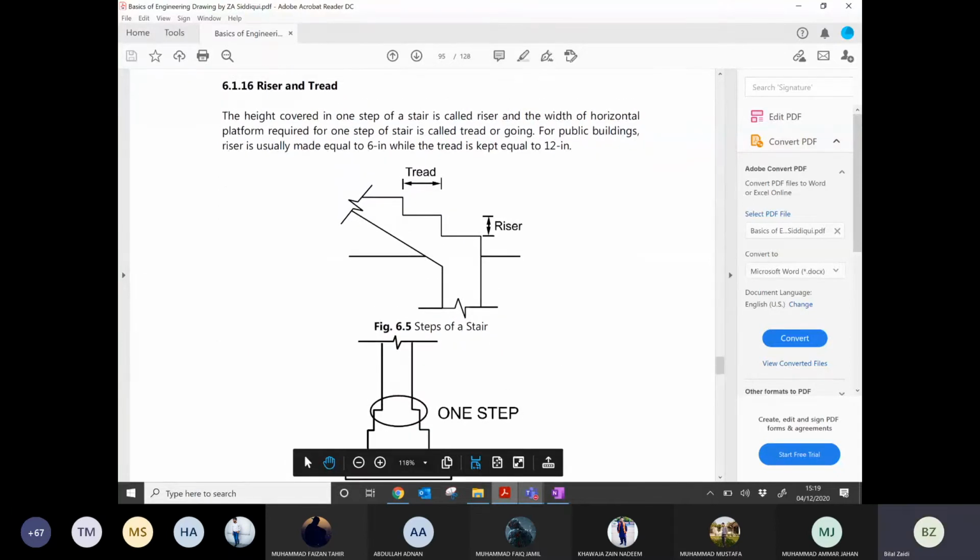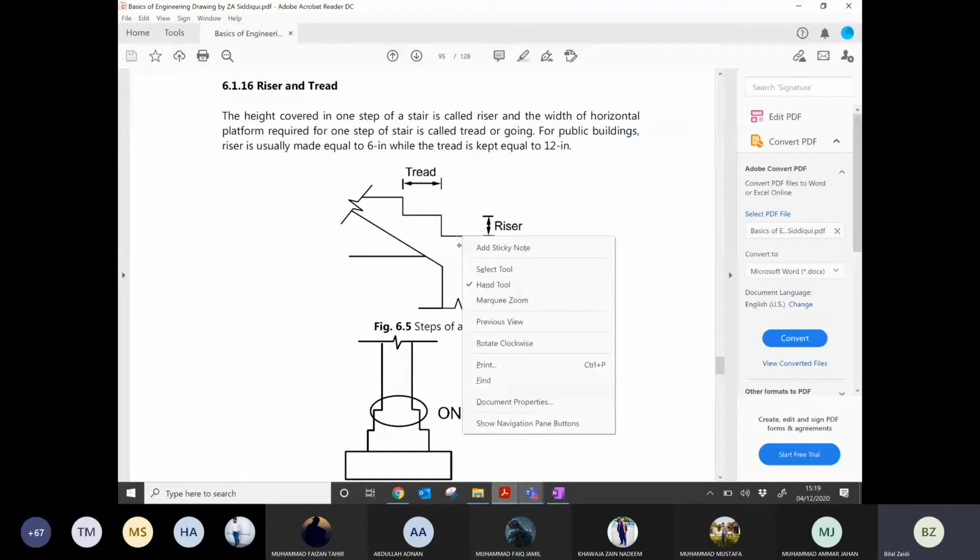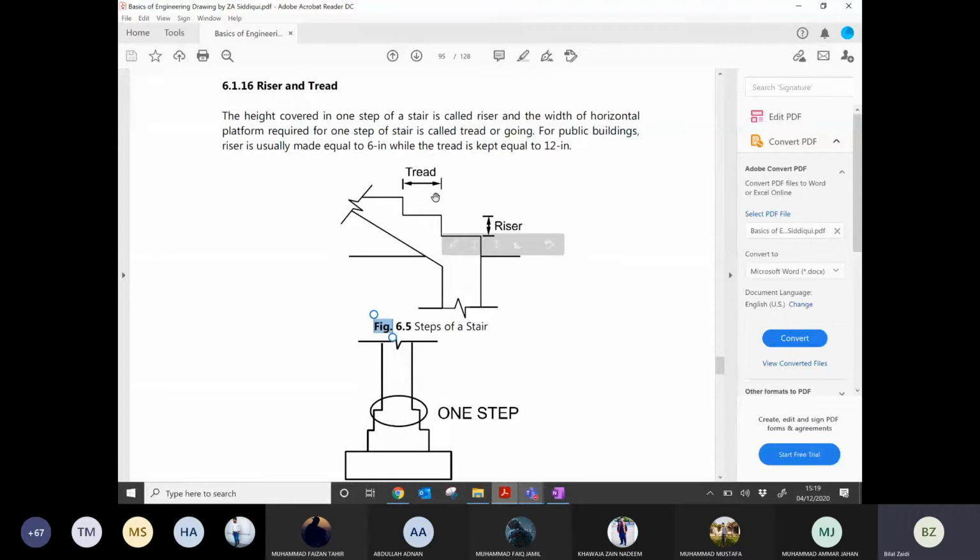Then we have tread and riser. All of you may have seen stairs. Stairs look like the figure 6.5. On one portion you place your foot, the other will be vertical.